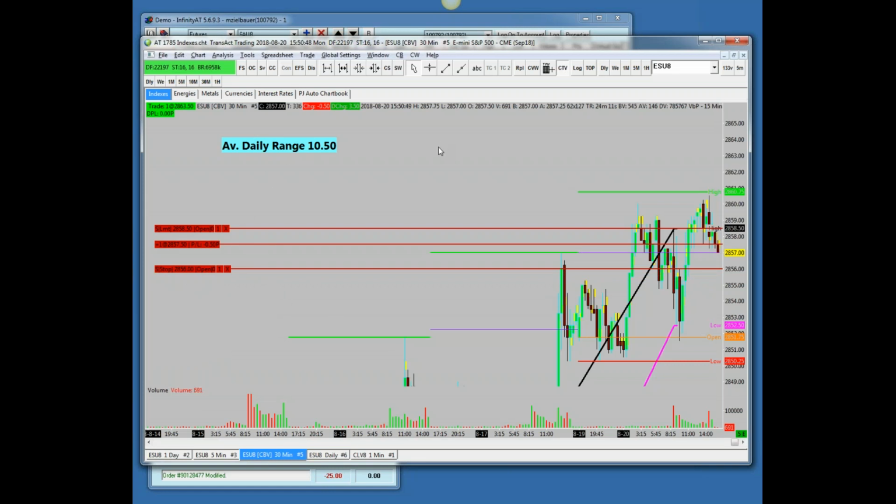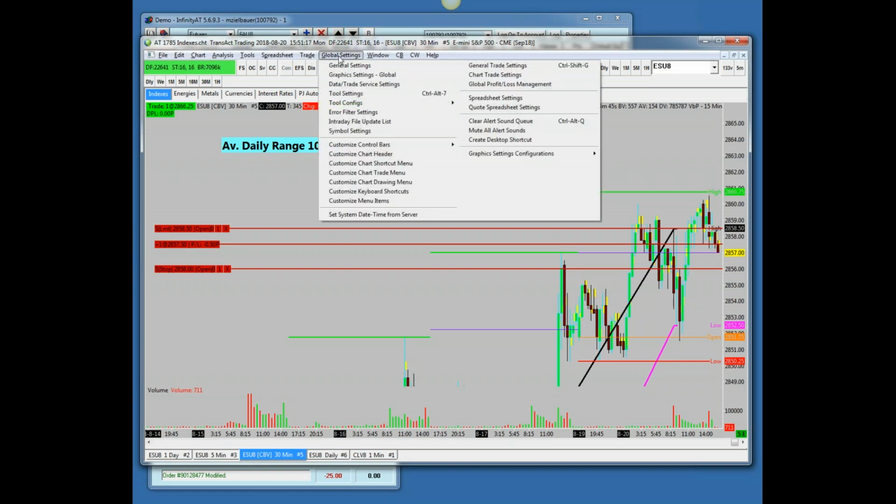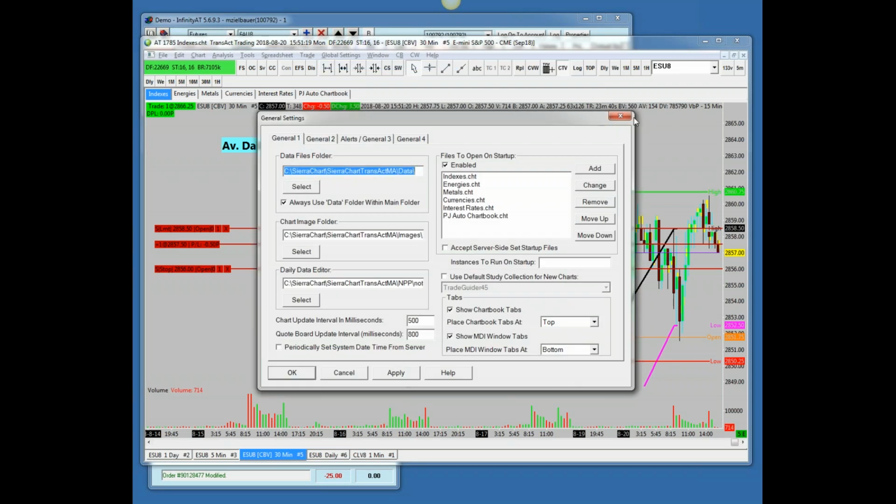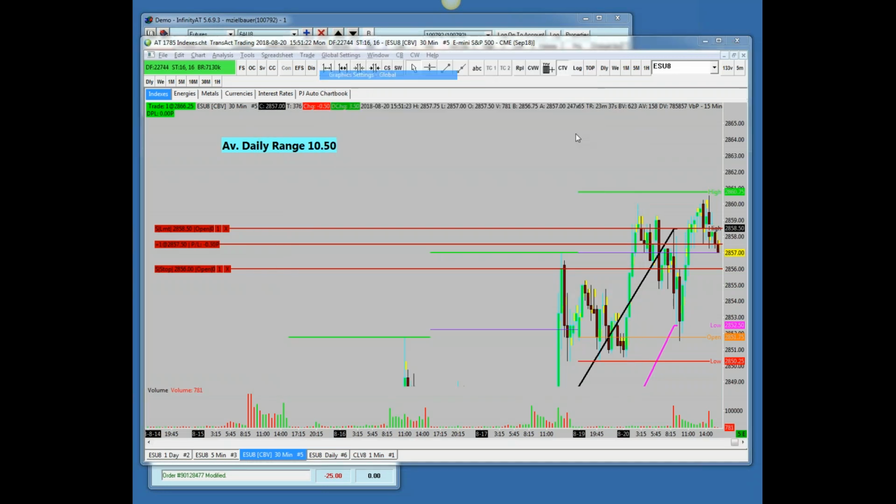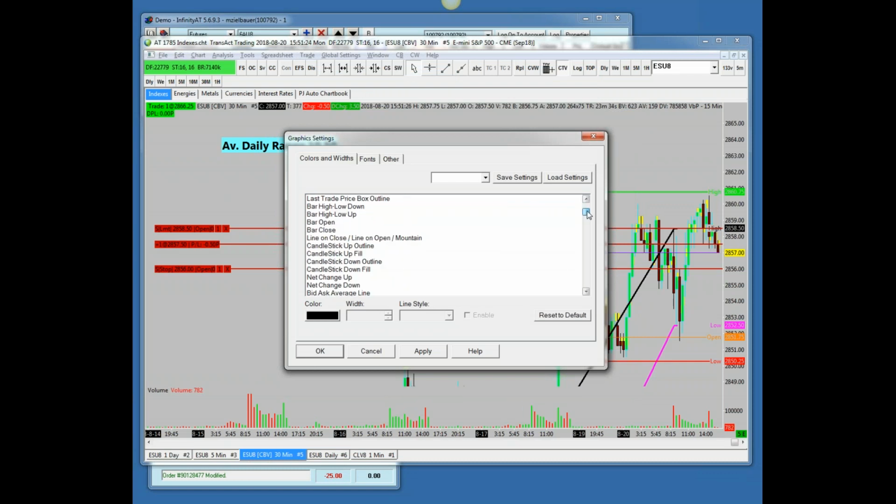Yeah, you can. So Jeff, what you would do is, you mean like the color display or the lines, stuff like that, I would imagine? Like instead of a red line, have this purple for a profit target. And the position, yeah, you can, well, the position's in there, so you wouldn't be able to do anything with the position, Jeff, until you flatten this out or add on to it. But if you want to change the color scheme of it, you're selecting global settings, general settings. Oh, excuse me. It's global settings, graphic settings, and then it is